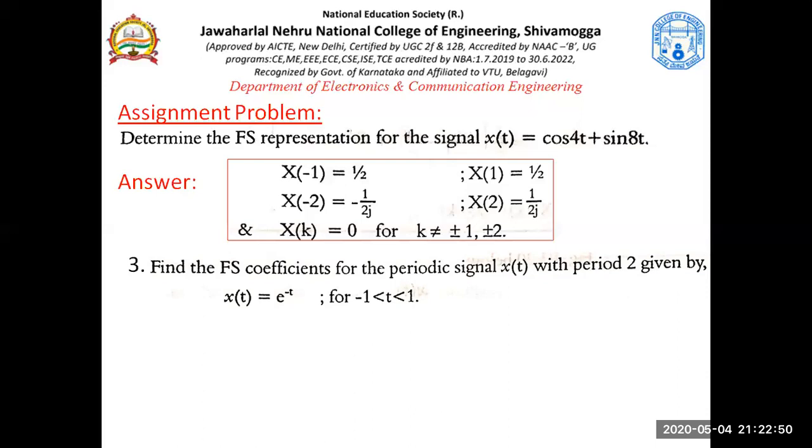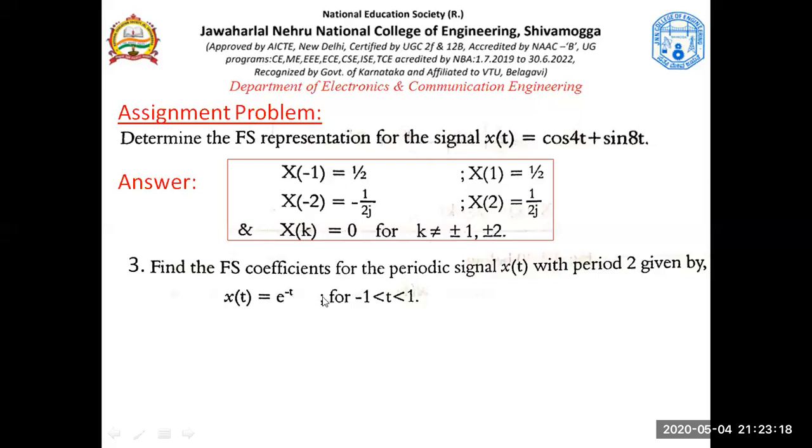But what they say is this is a real exponential, and without making us see whether this is sinusoidal or not, they already said with period 2. This is an x of t with period 2. That means this exponential keeps repeating itself. If this exponential is given from 0 to minus infinity or minus infinity to plus infinity, no, this will not be a periodic signal.